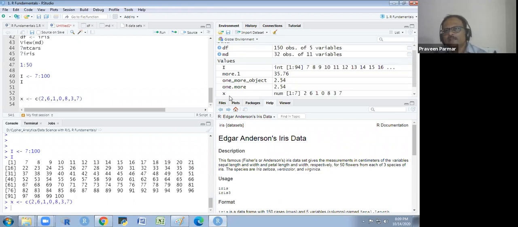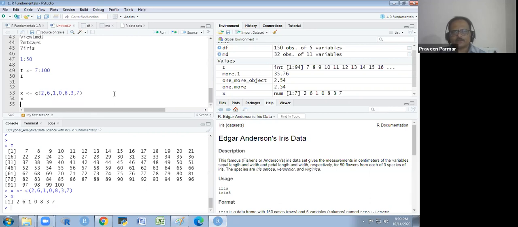You see here, X has 7 elements, 1 to 7 position is there. First position there is 2, second position 6, third, and this way. Got it? If I want to print it, I will just write the X and I press control enter, I will print it. The vector is always printed in a horizontal form, not a vertical one. Okay. And I want to access some item from this vector. I want to access this 0.